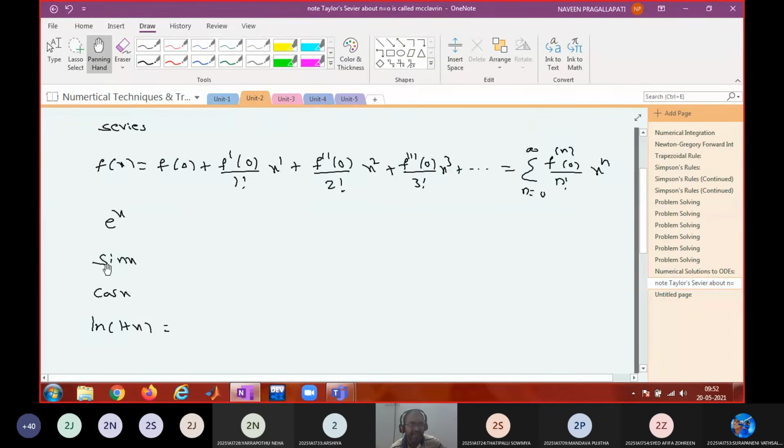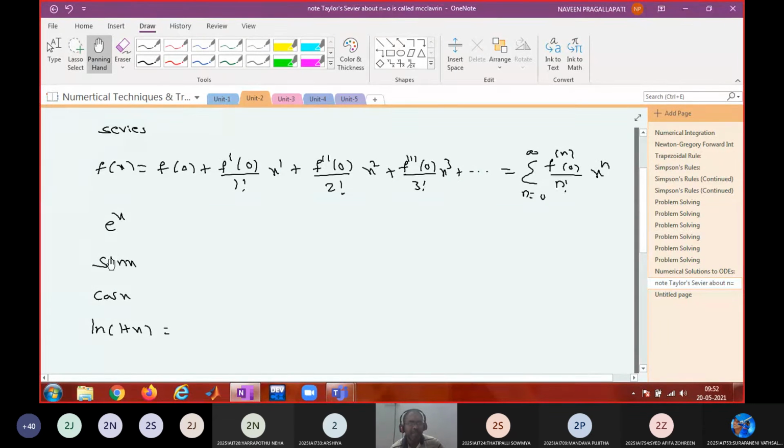Find out the derivatives of sin x. Okay, first derivative is cos x, second derivative is minus sin x. Okay, third derivative is minus cos x, and so on. In those derivatives, again substitute x equal to 0. Okay, then substitute in this formula, that is called sin x series expansion, cos x series expansion, log of 1 plus x series expansion. Okay, so like this you can write the function into a series by using this formula.